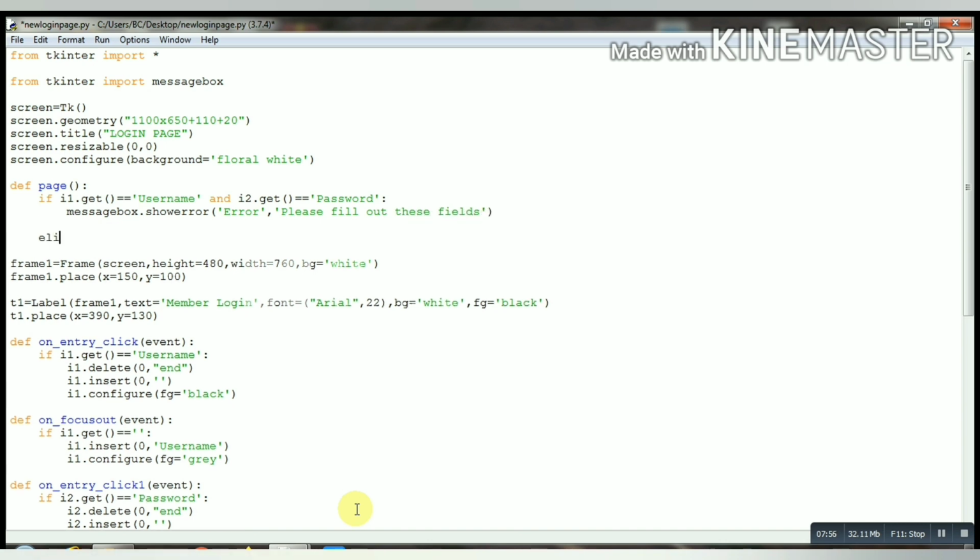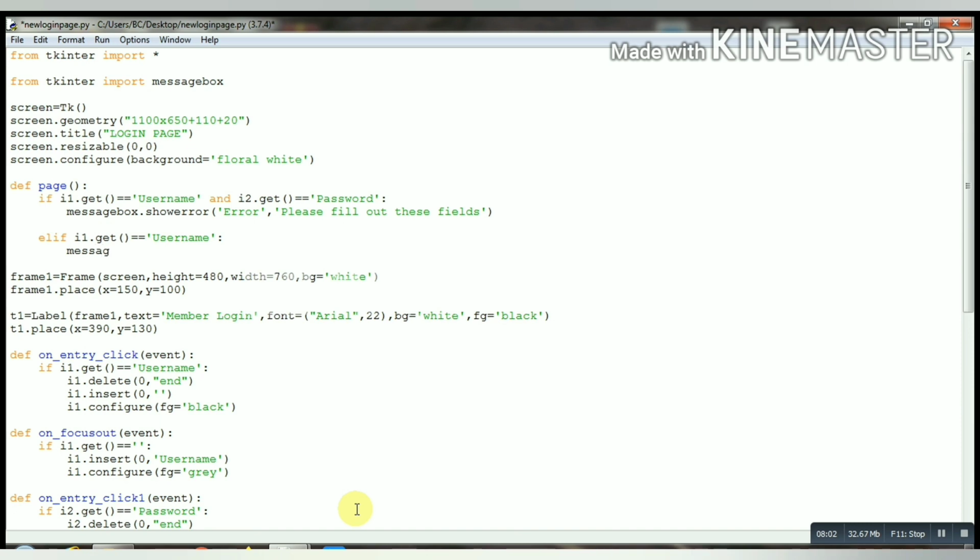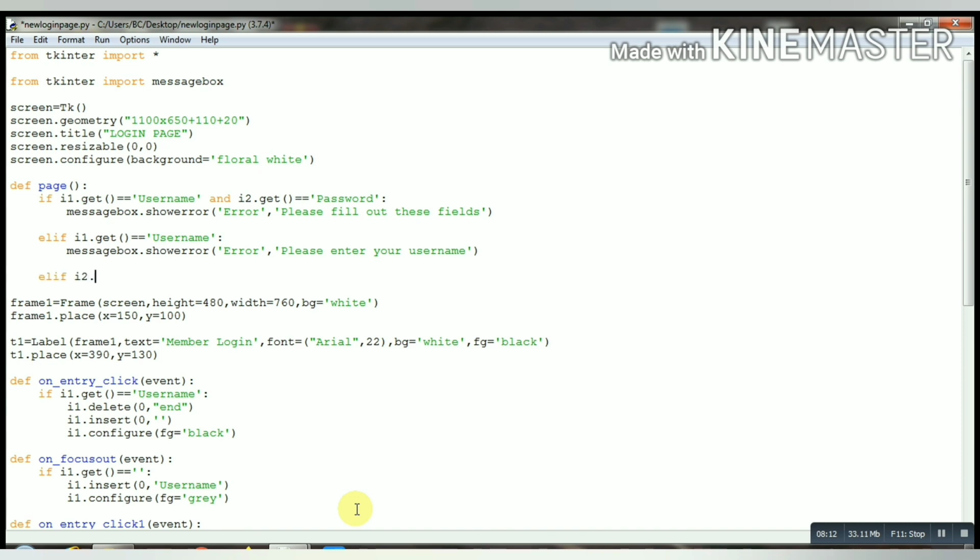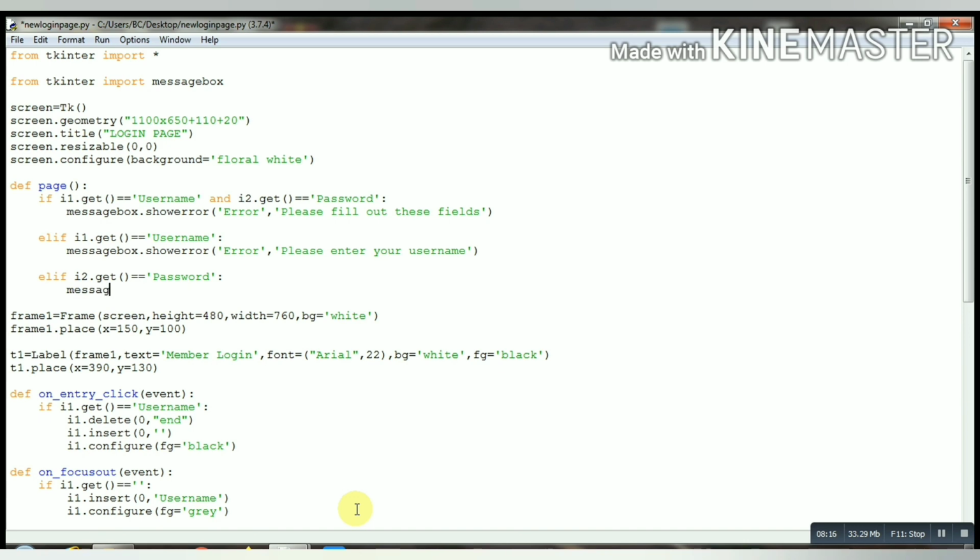Now if I1.get equals username only, then it will show messagebox.showerror, please enter the username. Now if I2.get equals password, meaning the user doesn't enter any password, then it will show please enter your password.